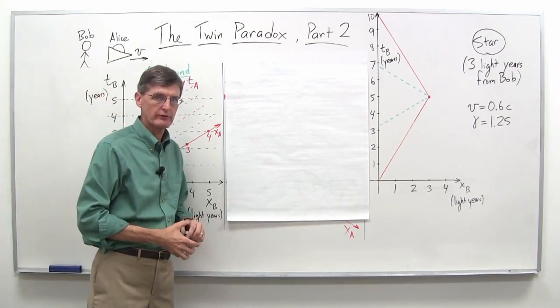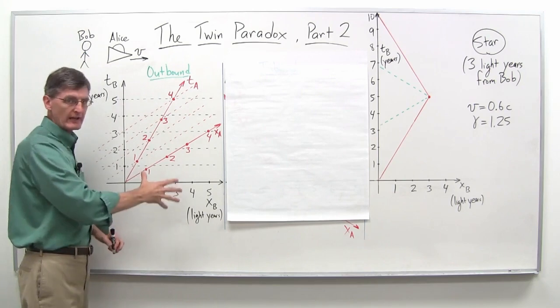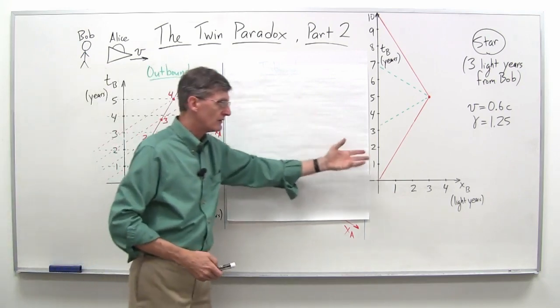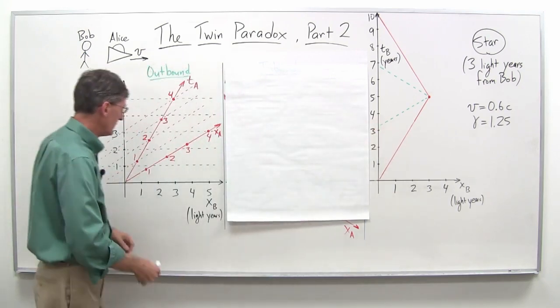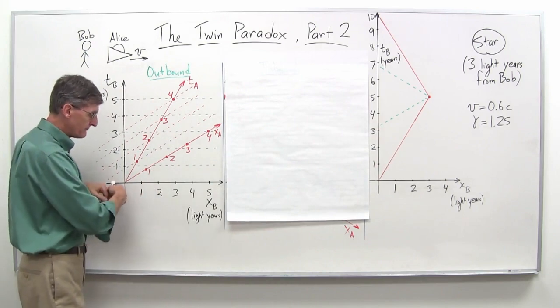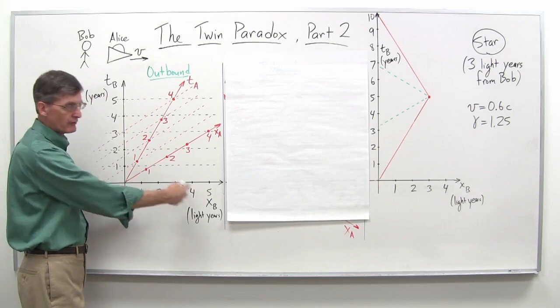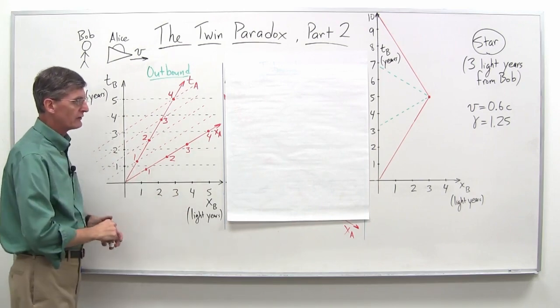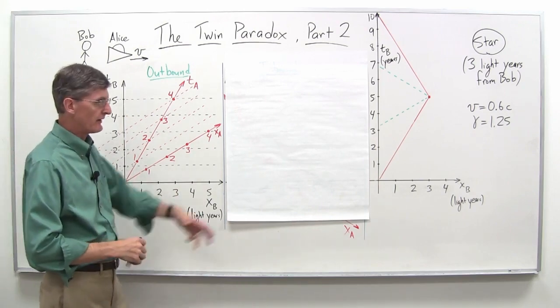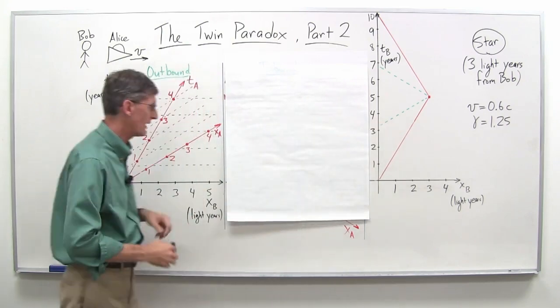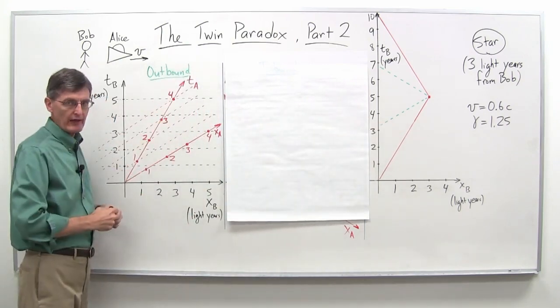We're actually going to put the numbers in. So they do check out here, in terms of 3 light years, velocity is 0.6 c. Clearly, Bob sees Alice go 3 light years, and it takes 5 years to go 3 light years at 0.6 c. And Alice, from the time dilation effect, the gamma equals 1.25 factor, takes her 4 years